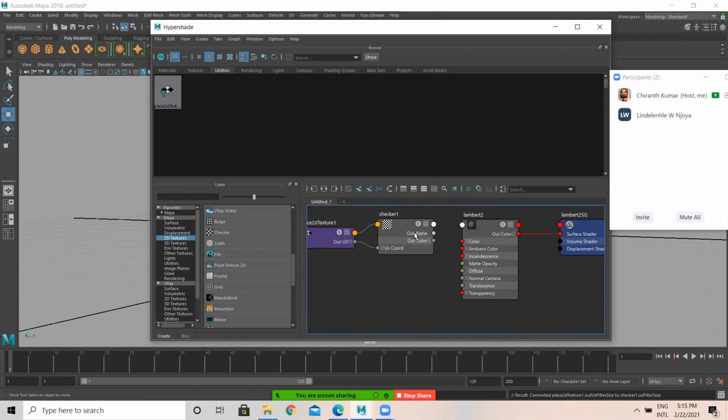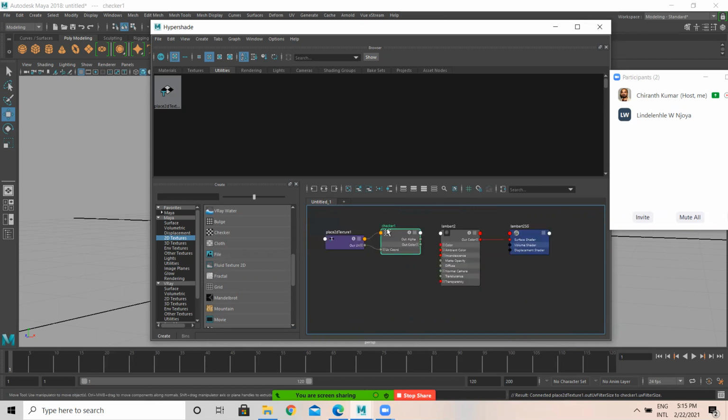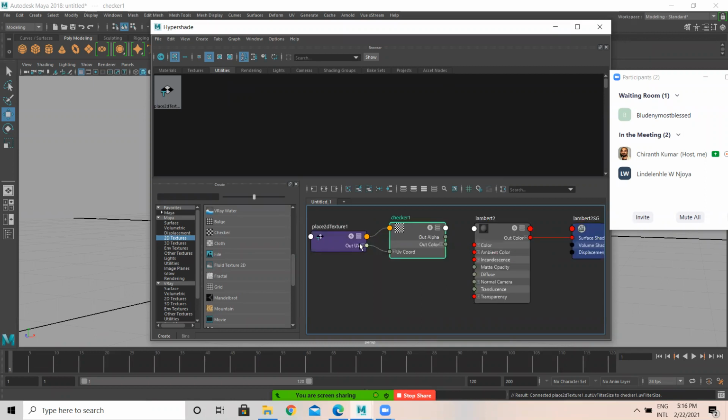The connection is very simple. This is my checker, and checker comes with a place2dTexture. This is another utility, another node which is connected to my checker. Here this is a Lambert material. See here, this out color, drag and drop. I'll show it again.